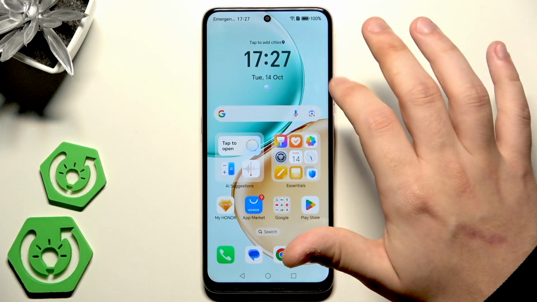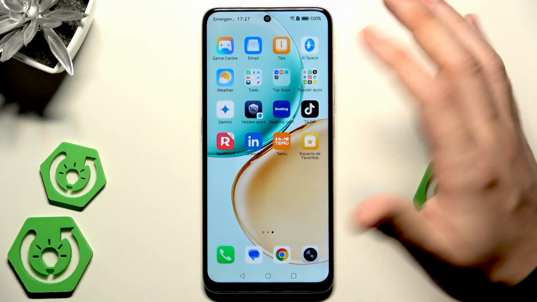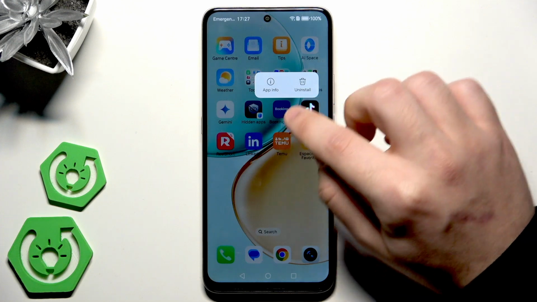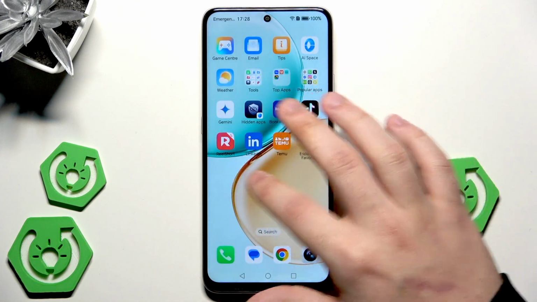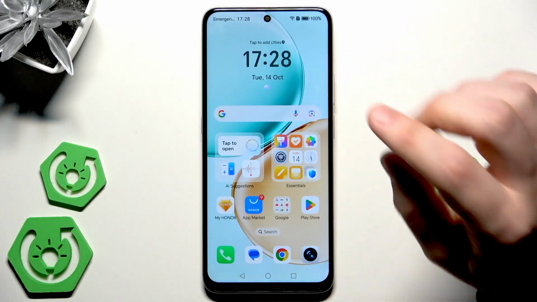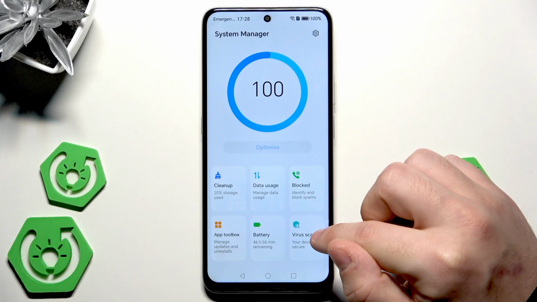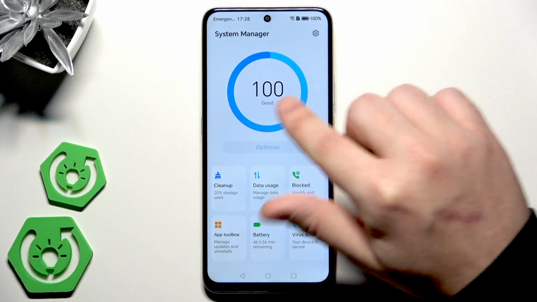Of course, that is also a fastest way. We can uninstall the apps from the level of our home screen. Simply find your app, then hold, and you can click on uninstall. That's the easiest way. And now we can go into System Manager, and here, in my case, everything is on